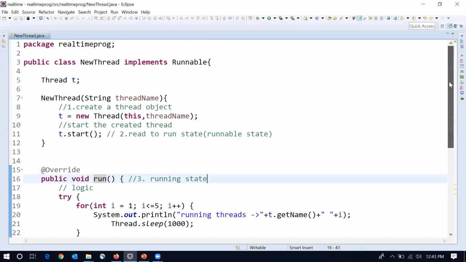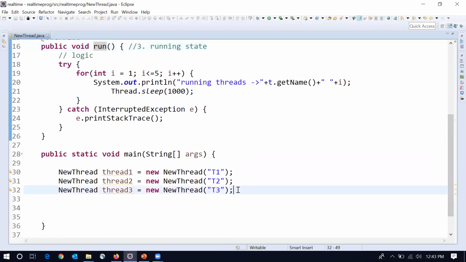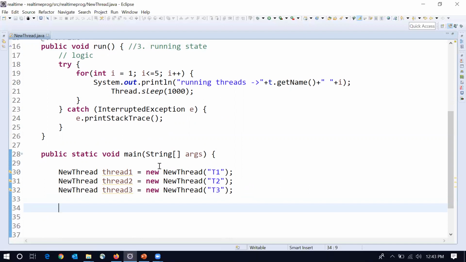Now we have to ensure that main is the last one to complete. So before the main thread completes, we have to complete all the child threads. So how do we achieve this? This is a very important one. All threads are running parallelly, the main thread, which is the main method, is also running parallelly, and once we start the child threads, they also run parallelly.